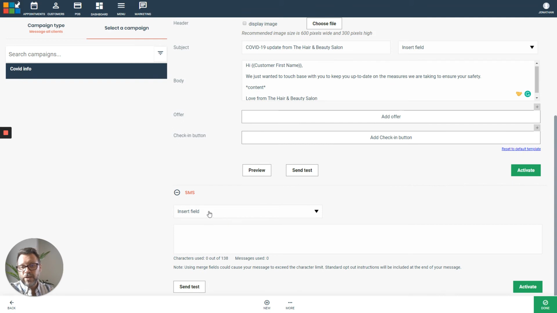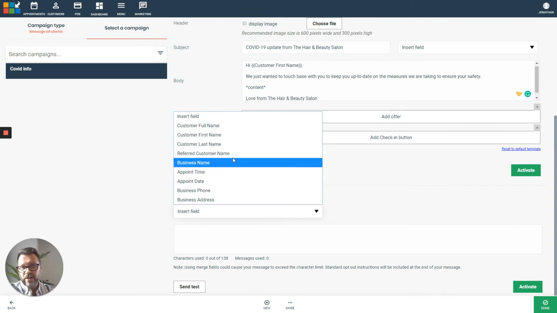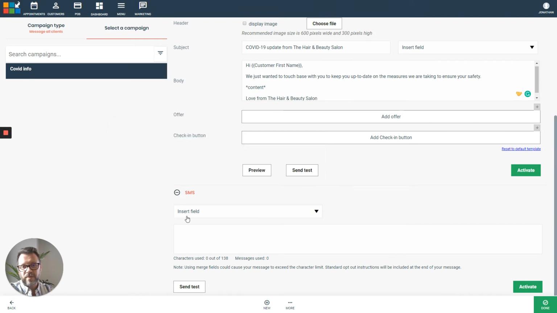If you want to use the SMS, that's fine. Just pop down. You have the insert field selection there for you as well if you want to put the customer's first name in. The only thing really that I need to point out here is the amount of characters you're going to use. If you do use more than 138 characters, you will go over into using 2 text messages. So if you can keep it more concise and keep it to 138 characters,